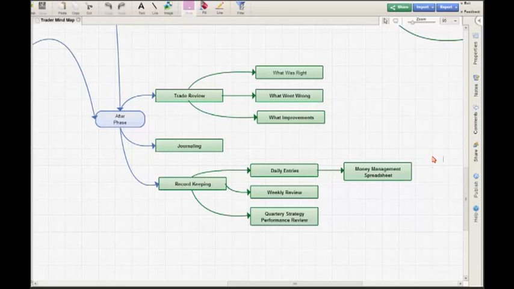Then we talk about journaling, and this is something that many of you have asked about. It's absolutely something we do. We're going to share a